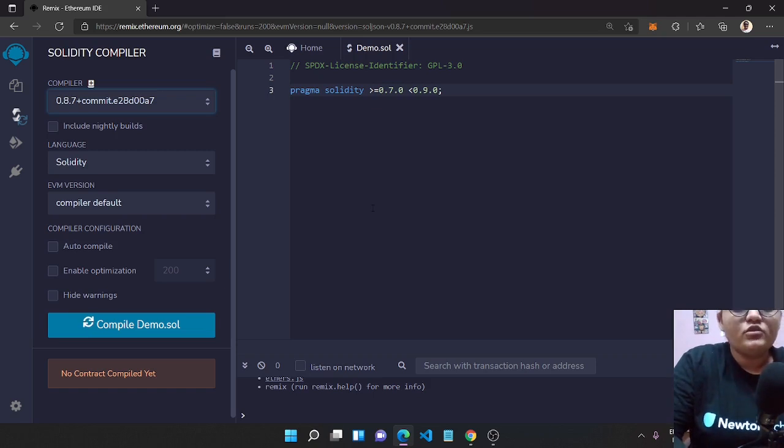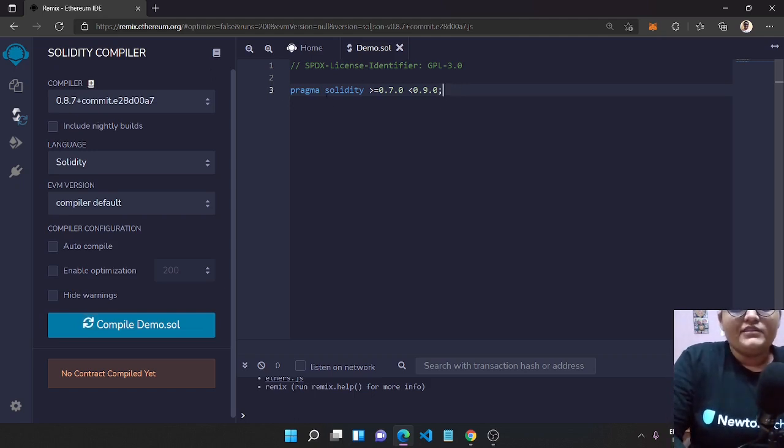So to avoid conflicts, and to specify which compiler needs to compile this particular file, you need to specify the version of your file. So our demo.sol will be having a contract which could be greater than or equal to 0.7 and less than 0.9.